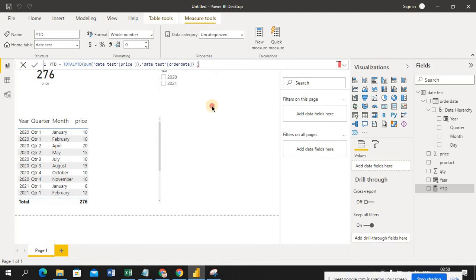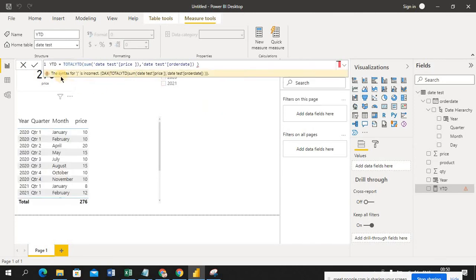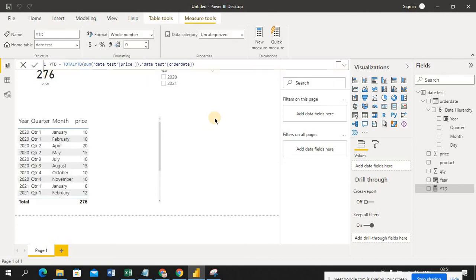You can see the syntax is incorrect. It will highlight here also. So remove this, just enter, and it will give you the correct syntax. Now I got YTD, year to date.